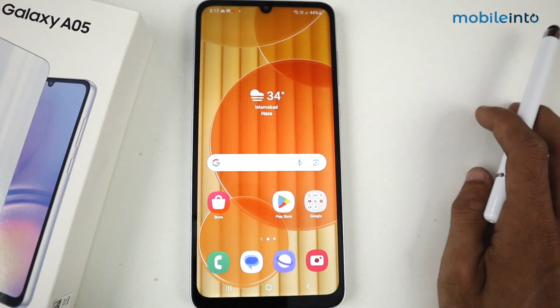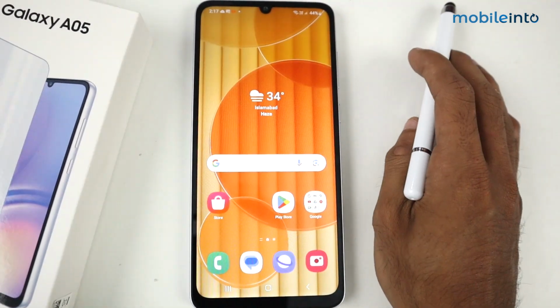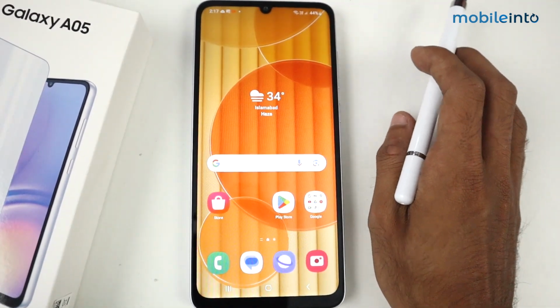Hey guys, what's up? In this video, I'm gonna show you how to set up call forwarding in Samsung Galaxy A05. If you want to forward any call to another number, all you have to do is